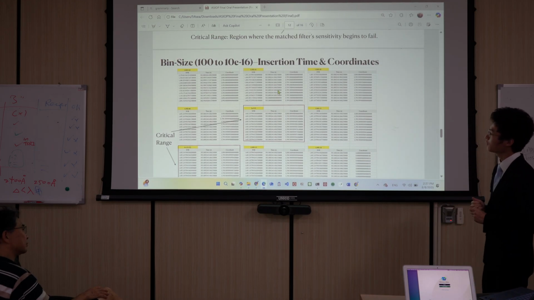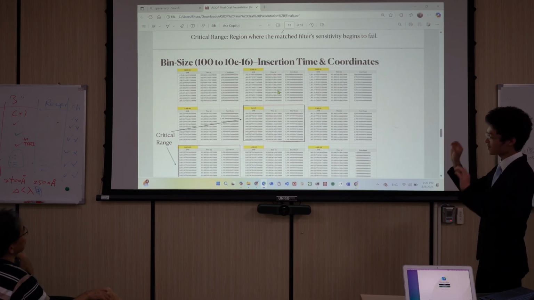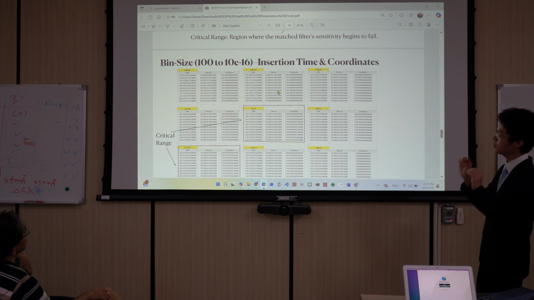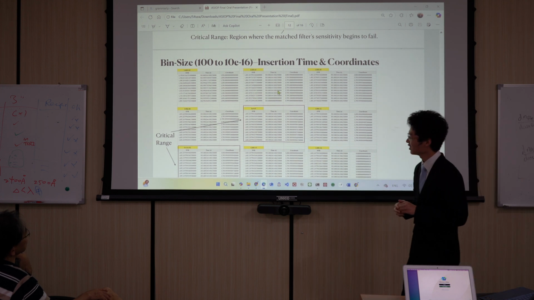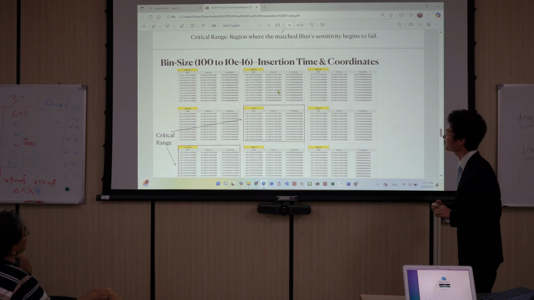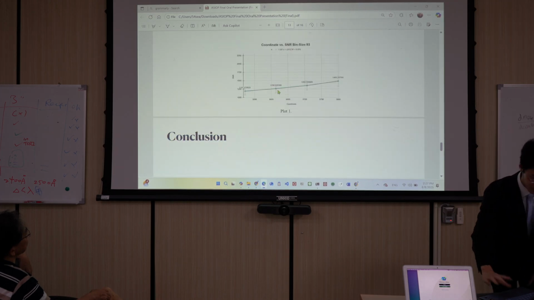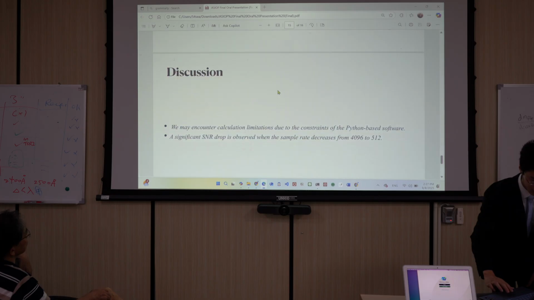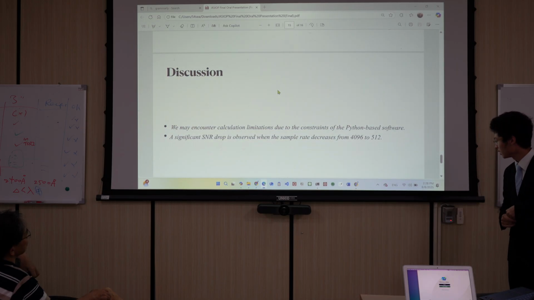But I also run the 512. But I see that there's a significant drop. With the same sample rate and the same coordinates, the drop in the SNR varies, larger than at 1,000. So I think that might be the biggest issue, and that's something I have to address. Other than that, I think this is basically my overview of my work